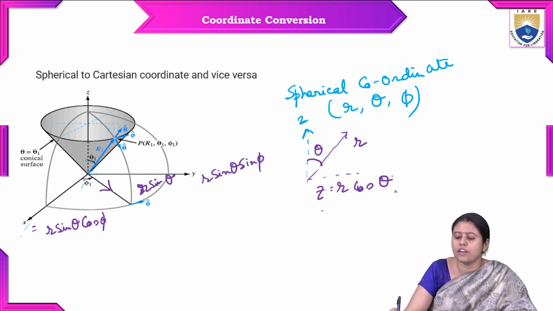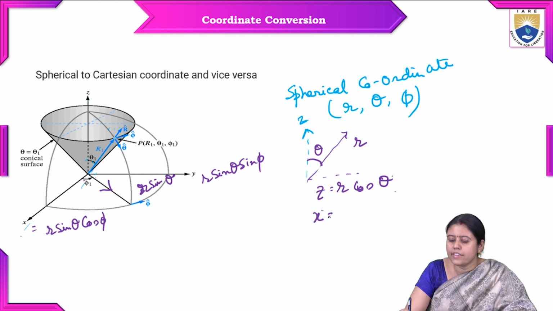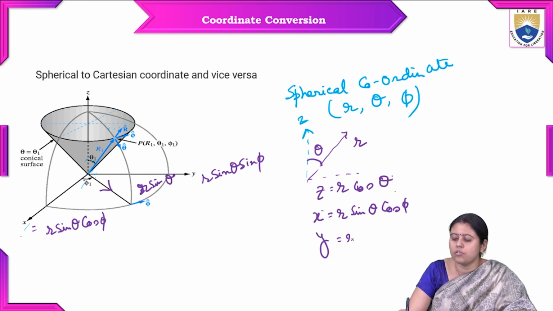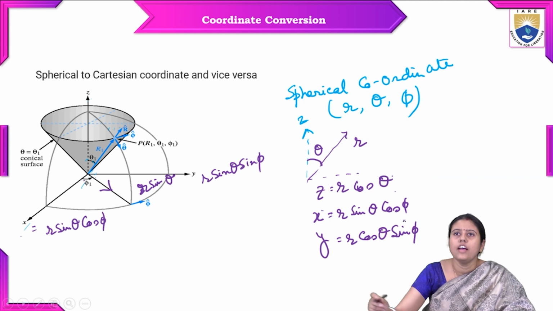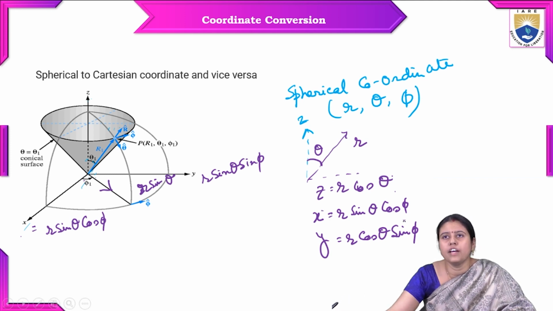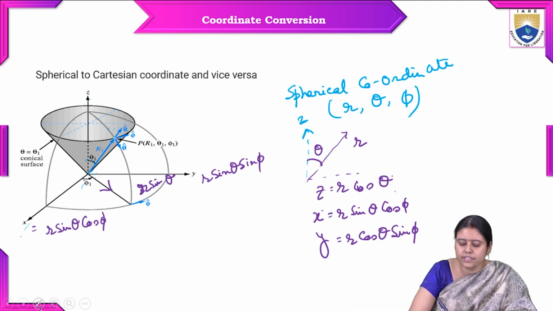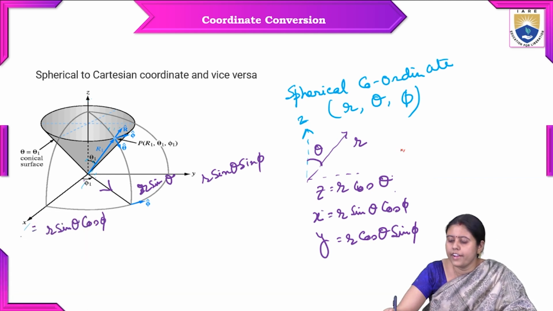So what did we get? We got z is equal to r cos theta, x is equal to r sin theta cos phi, and y is equal to r sin theta sin phi. So this is a combination of z, x, y. Now what is this? This is nothing but the spherical